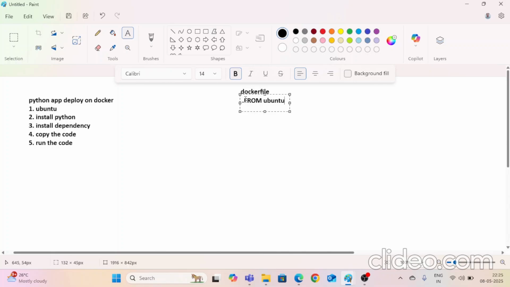Then what is the next step, right? The next step is to install Python and the dependencies. That will come from which instruction? From the RUN instruction, right? Run. So RUN apt. Since we are using Ubuntu as a base image, the apt package manager supports the Ubuntu base image, right? So that is why we are running apt install here